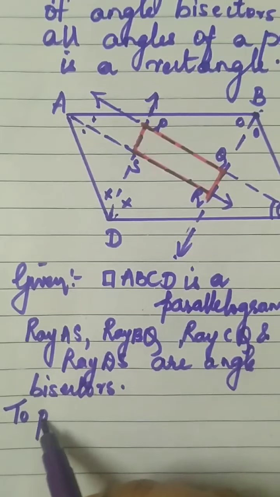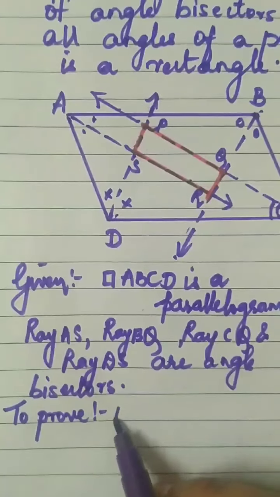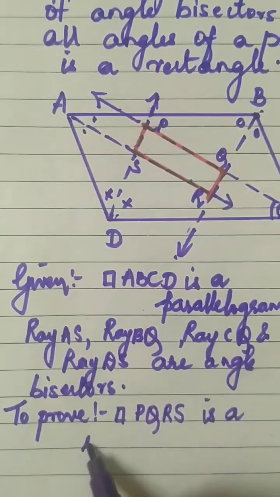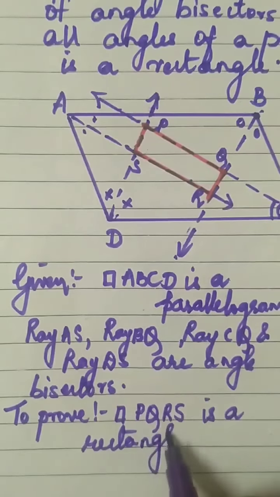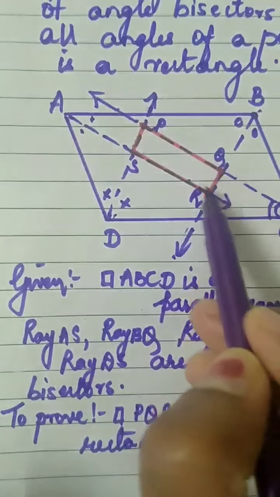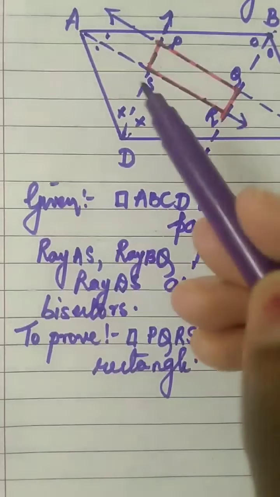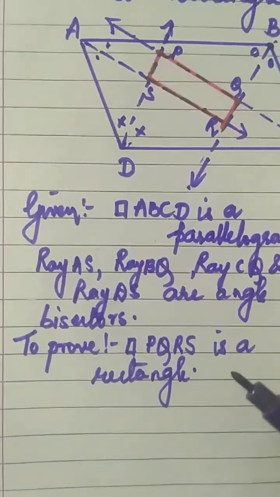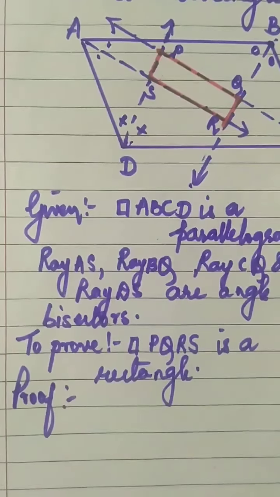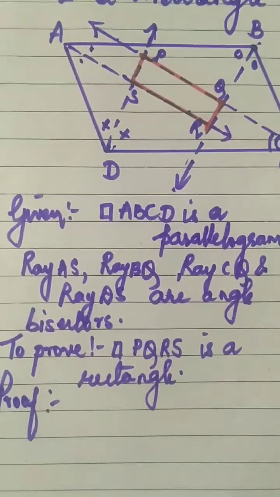Now to prove, we have to prove that this small quadrilateral which is formed, quadrilateral PQRS, is a rectangle. When will a quadrilateral become a rectangle? If we are successful in proving that the angles are 90 degrees, then this will become a rectangle. So our intention is that way. We want to prove that the angles are 90 degrees. So let's start. Now all the proof I will not write and give you. We will discuss. I want you to frame a few steps and write on your own. I'll help you out, don't worry.